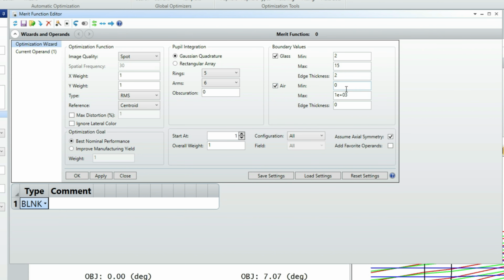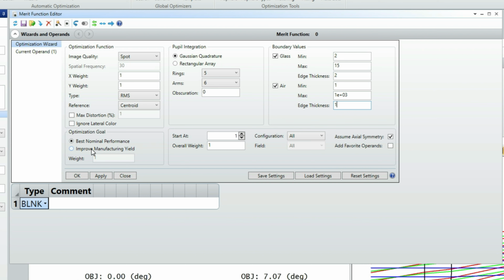For air gaps, I'm going to specify a minimum air gap of 1 millimeter at the center, 1 millimeter at the edge, and leave the maximum at 1,000. We don't really care how big air gaps get, we just want to prevent components from physically touching. We're going to leave everything else alone for now.